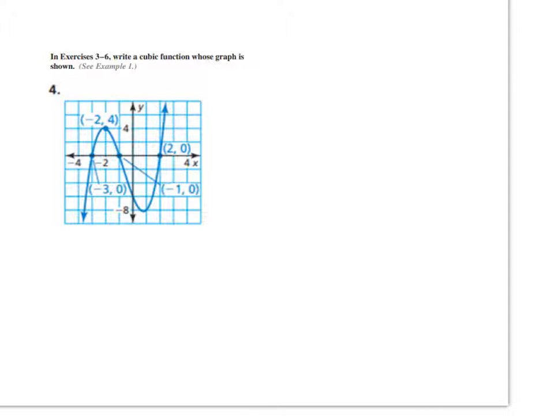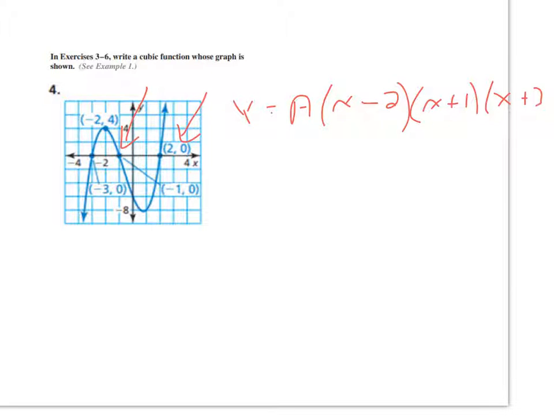So I'm going to write this as a function. Let me get my marker here. I got y equals some constant a times x minus 2. That's my first root right here. I got x plus 1. That's my root of negative 1 right here. And then also x plus 3, for my root of negative 3 right there. Okay? And now I just need to figure out what my a is, and I'm going to do that by